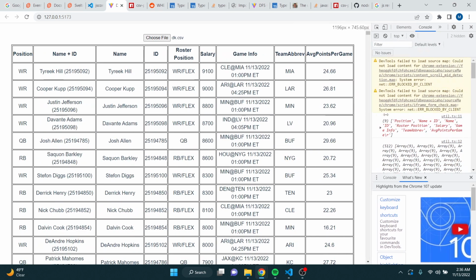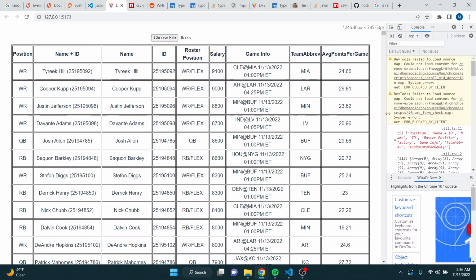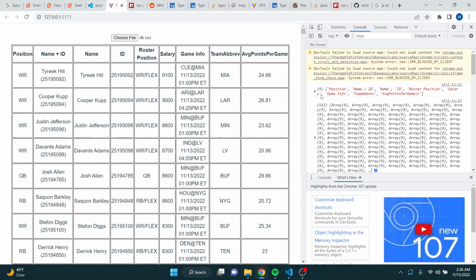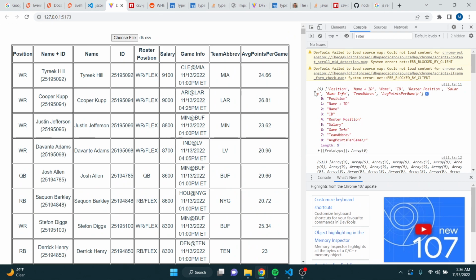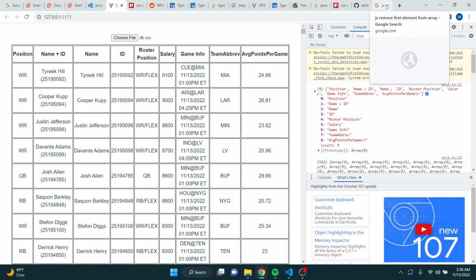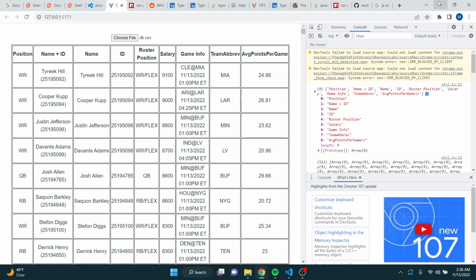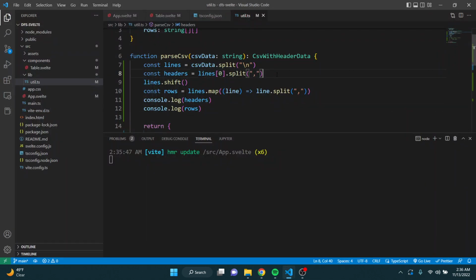Oh, it's also populating the table too. Okay. Cool. I was all looking over here. I wasn't even looking at the table. All right. This table's super ugly. I'm not gonna style it yet. Or should I? Okay, so now